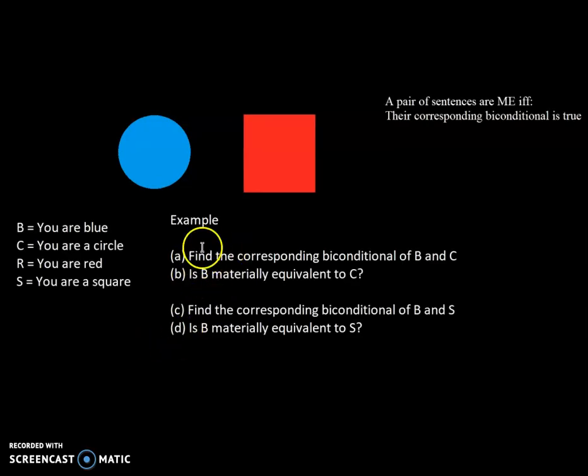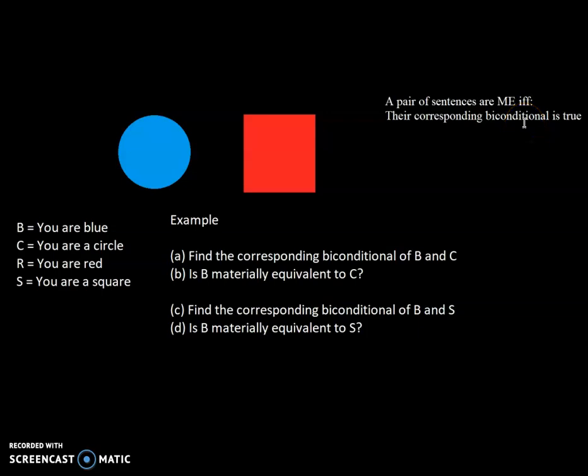Okay, so what we're going to do is assign some propositional constants here. B is going to be the proposition that you are blue, C is the proposition that you're a circle, R is the proposition that you're red, and S is the proposition that you are a square, okay? Now, I've put up here, for your ease of reference, the definition of material equivalence. Okay, a pair of sentences are materially equivalent, that's the new concept we're learning, if and only if their corresponding